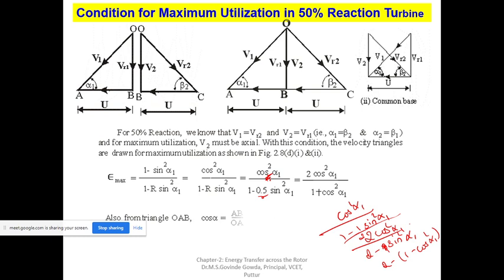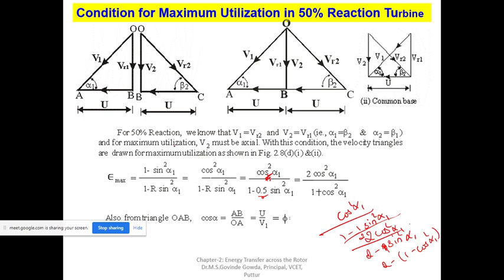Yes or no? So for which one are you saying, sir? For which one is this, sir? Oh, for this 2 cos square alpha 1. I'm not getting you. What are you asking? From where do you get cos alpha 1? That only I am showing you here now. The main equation only you are talking about. Yeah, this E max equal to 1 minus sin square alpha 1. This equation you are talking about. What did you write here, sir? What did you write on the right side?